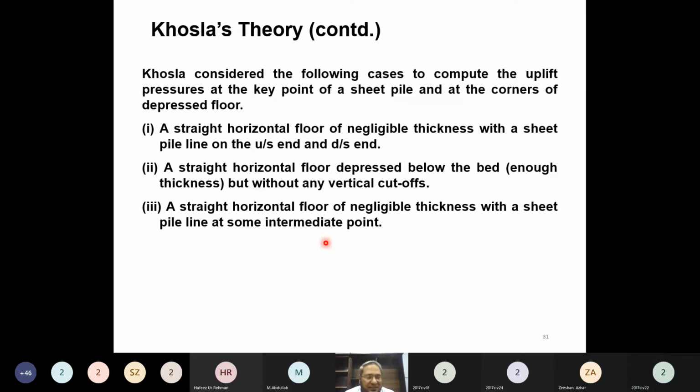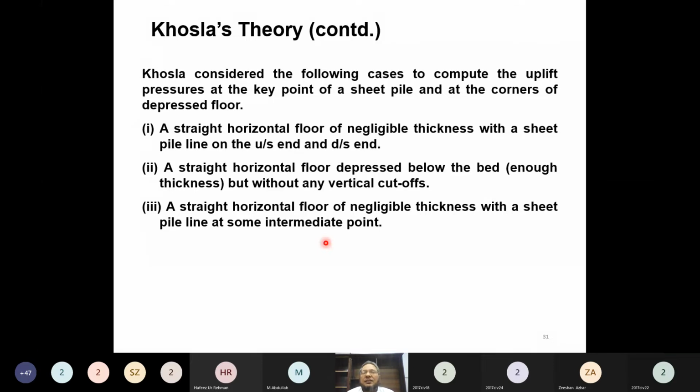भाई सोल्यूशन हमें खोसला से क्या चाहिए, किस चीज का सोल्यूशन चाहिए? Which solution do we need for the barrage? हमने दो चीजें निकालनी है यार. एक तो अपलिफ्ट प्रेशर कितना होगा at several points of the barrage structure, ताकि हम अकॉर्डिंगली कंक्रीट फ्लोर की थिकनेस डिजाइन कर सकें, and it should be safe. So it means we need the values of the uplift pressures, our pressure heads. And what else do we need? We want to avoid undermining or piping. तो उन दोनों के लिए